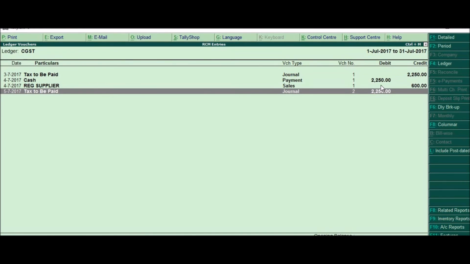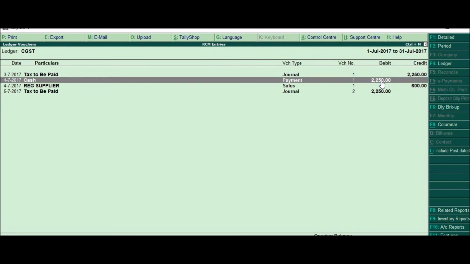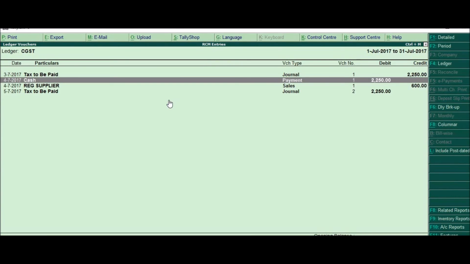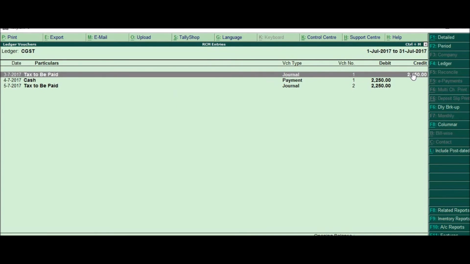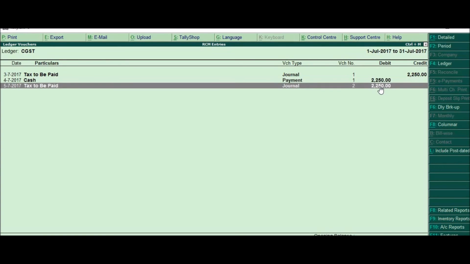So see, this is your first entry which shows that it has to be paid. Then secondly, we will actually come and pay the amount, so it gets settled off. And finally, the initial entry where your liability is increased, then you make the payment to the government, and then finally here you take credit of that tax paid.